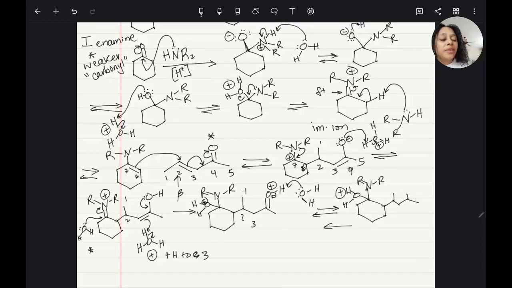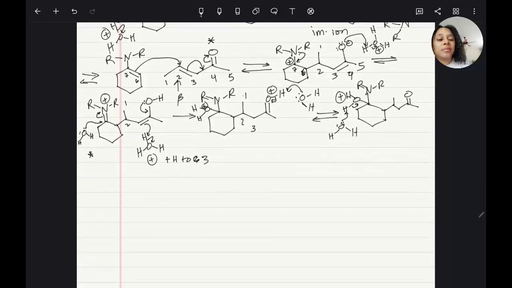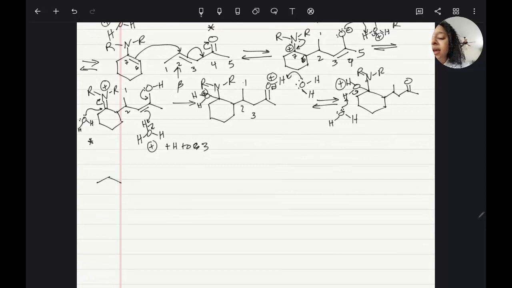So to prevent it from going backwards, what I'm going to do is take another molecule of water, or we can take our amine if there's any left over, but more than likely it's water. Deprotonate. And then,